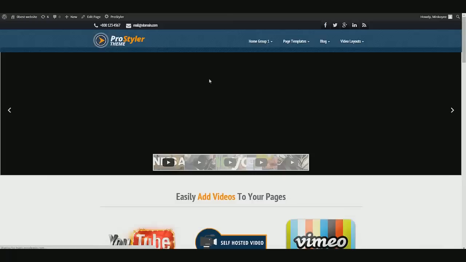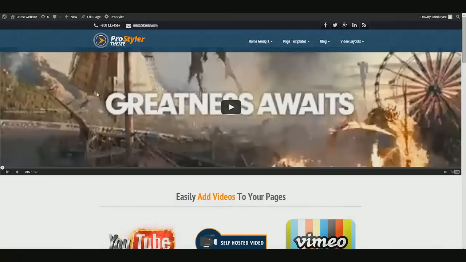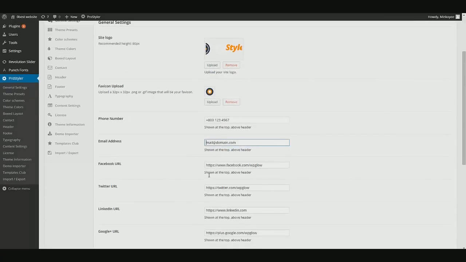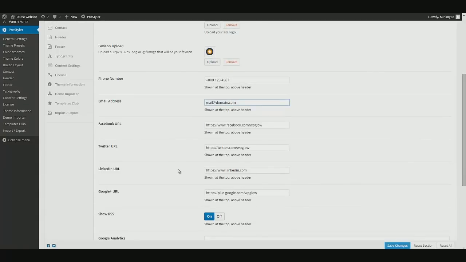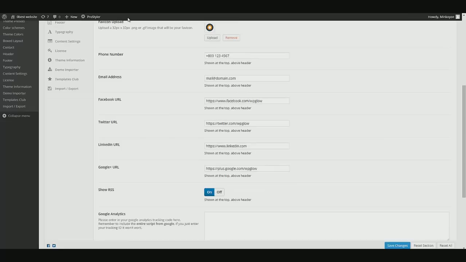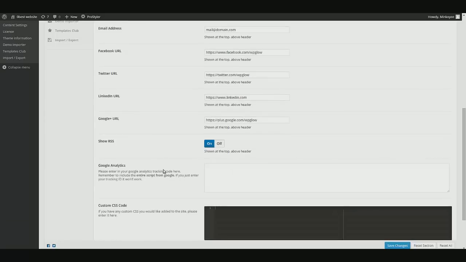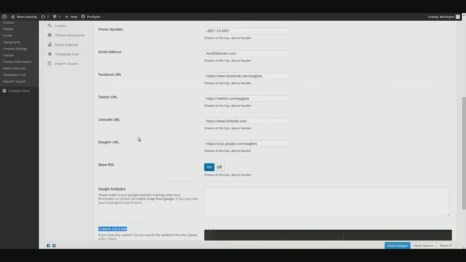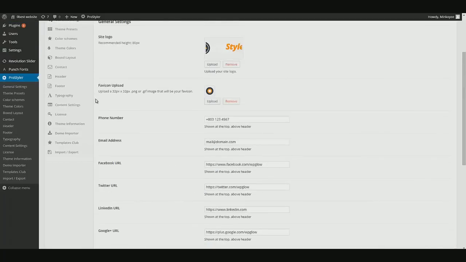In a moment, we'll take a look at one of the individual pages within this theme and see how we can change that around as well. But let's keep going down here. You can change your email address. A lot of social compatibility. There's fields for all of your social profiles: Facebook, Twitter, LinkedIn, Google+. You got RSS, which you can enable or disable. Google Analytics, custom CSS if you're more of an advanced web developer. I never personally use the custom CSS because I am more of an amateur, and I just like themes like this one that give me a lot of bang for my buck,